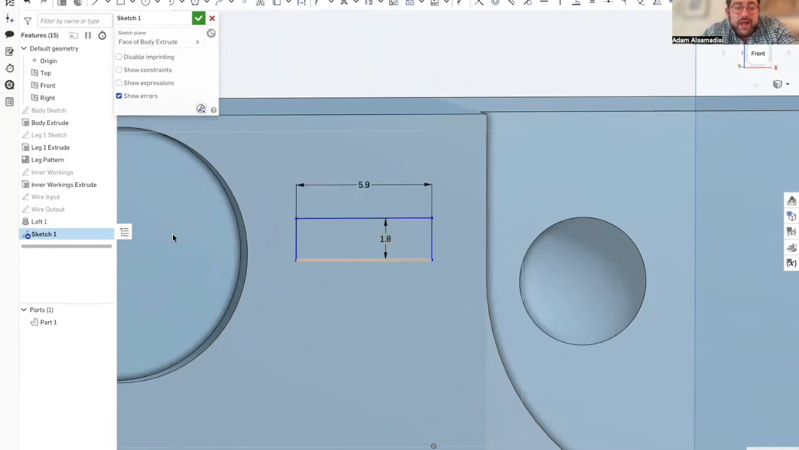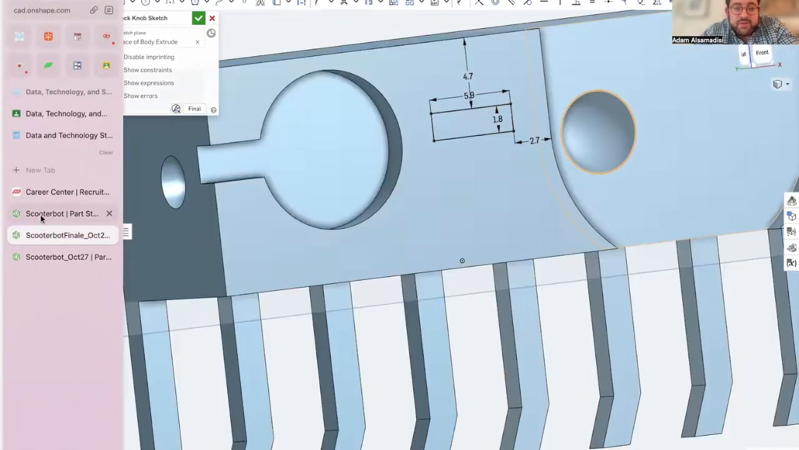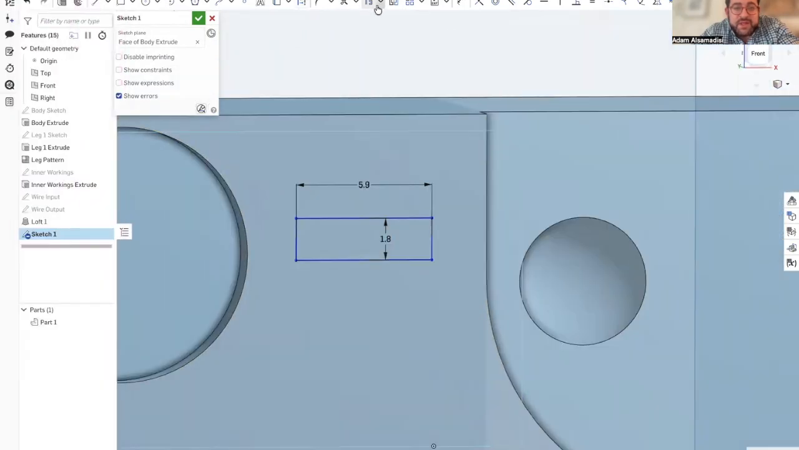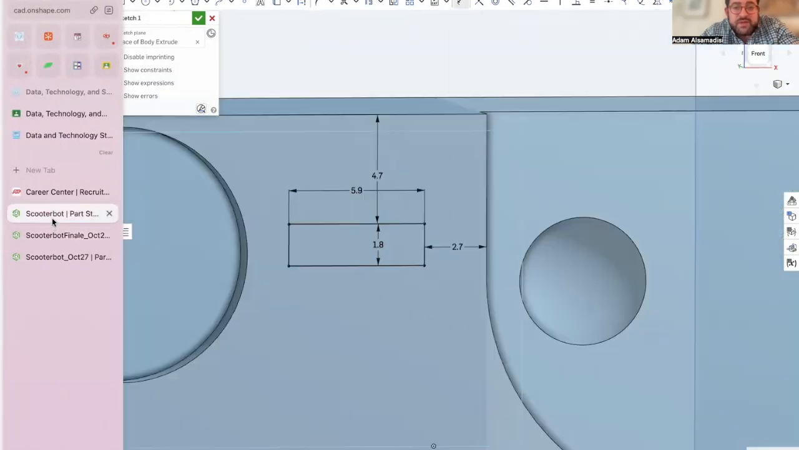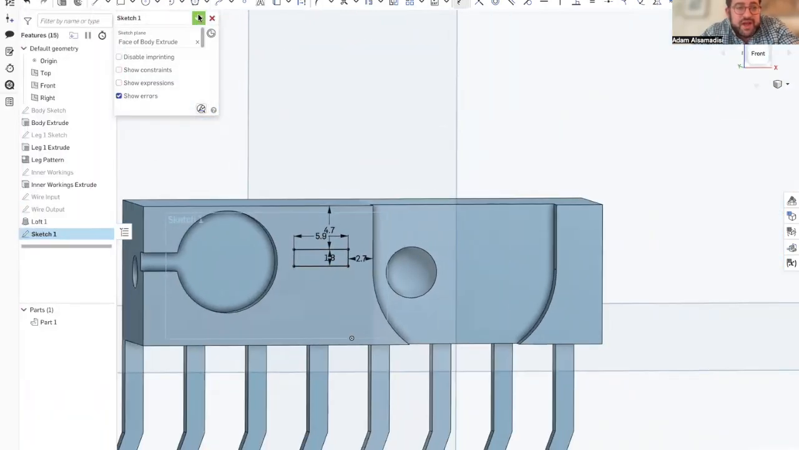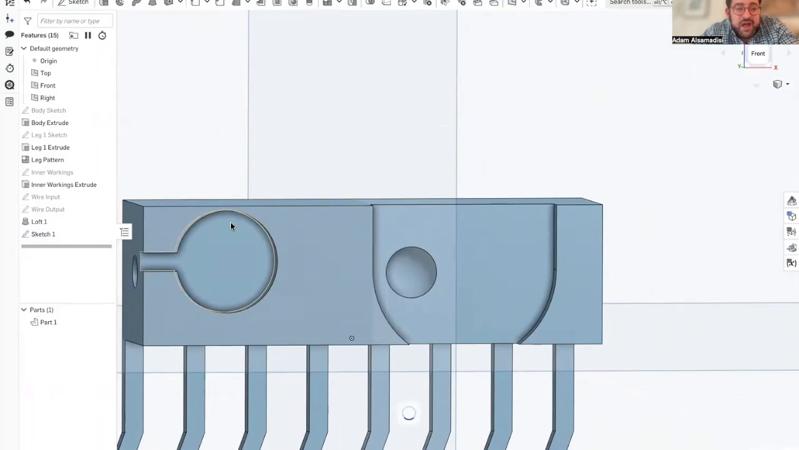1.8. Okay. It looks like it's going to be 2.7 millimeters away from the side and 4.7 from the top. So I can use the dimension tool, go over here, 4.7, and then, shoot, what did I say? 2.7. And then over here, 2.7. Did I mess up these numbers? 4.7, 2.7. Okay, perfect. So then we have this sketch. And we can go ahead and extrude this,